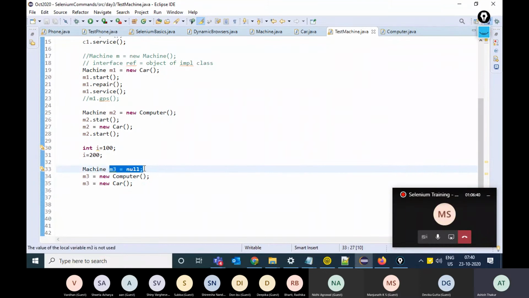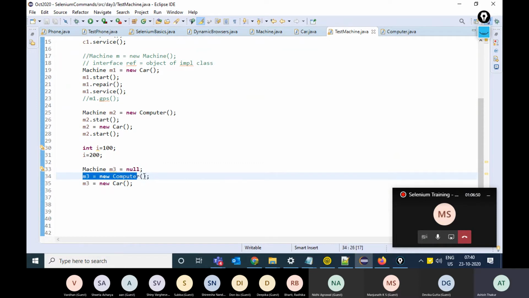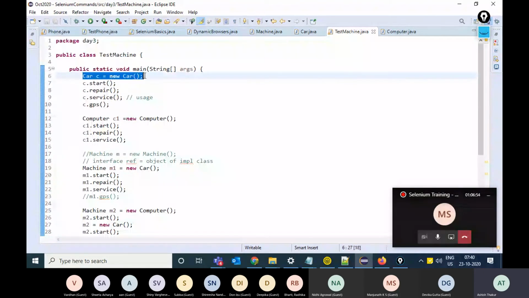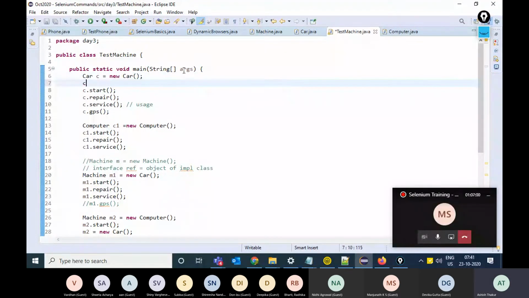So M3 is pointing nowhere. It's the reference of the interface, and based on our choice, I can make it point towards computer or car. This was not possible if we would have created the object like this. The reference of the car class, I cannot move it to computer.